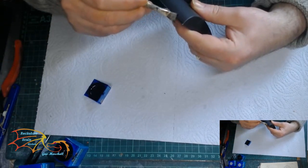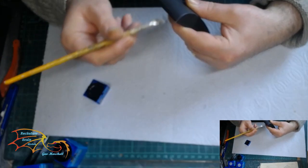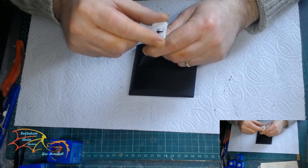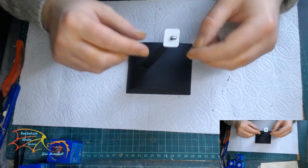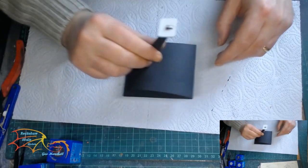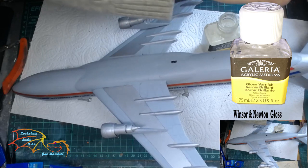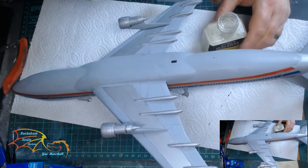So once everything is on, I'm just giving it another extra coat of black to tidy everything up. Where the stand connects with the fuselage, there's this stabilizing piece that goes on. On the underside of this, I painted it light grey, the same as the undercarriage of the 747. And now it's time to put on the last coat of varnish, and I'm using Winsor & Newton gloss varnish here, and I'll be placing this all over the